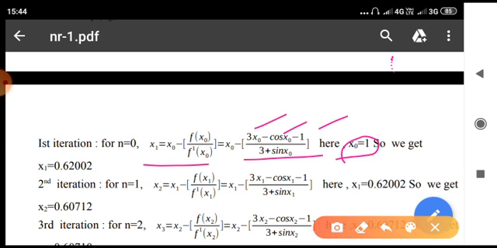When you substitute x naught as 1 in this equation, we get x1 as